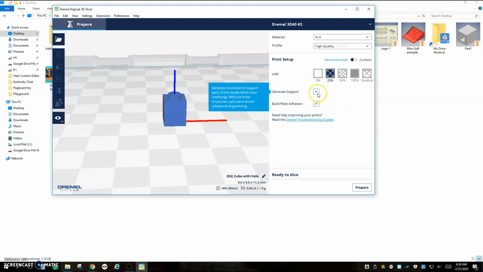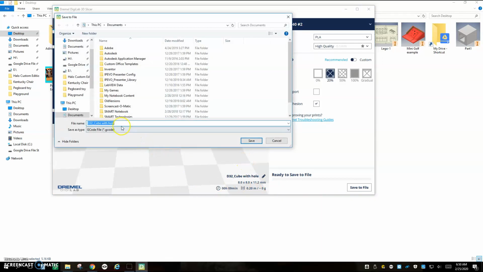Now, I don't want support because I think I'm going to be okay, but I do want adhesion. I click prepare. Once I do that, I can see how long it's going to take and how much material it will use. It's going to take 9 minutes, and it will use 0.2 meters of material. I see that's okay. I click save to file, and then I'm going to save this, put my name on it,